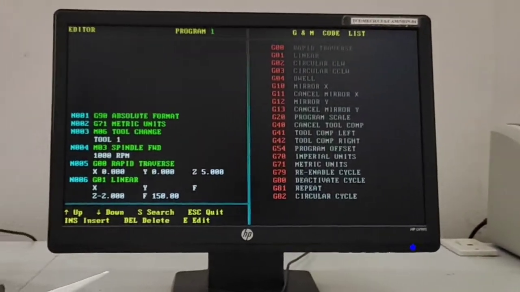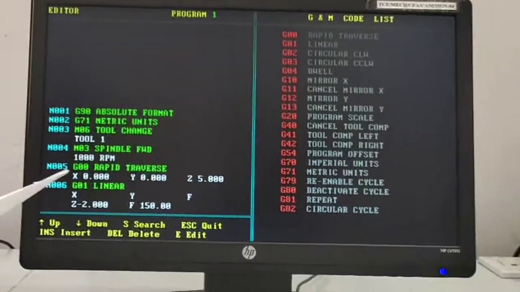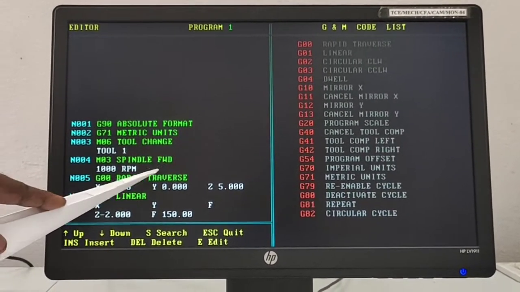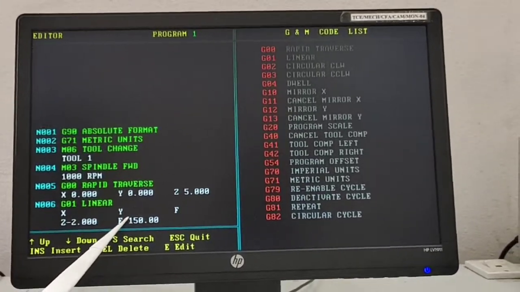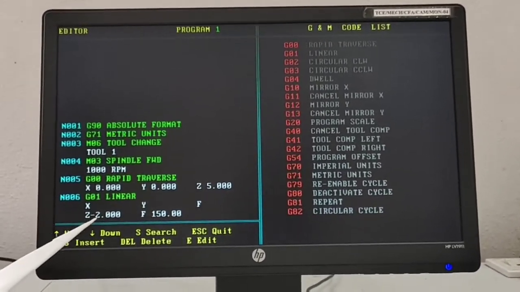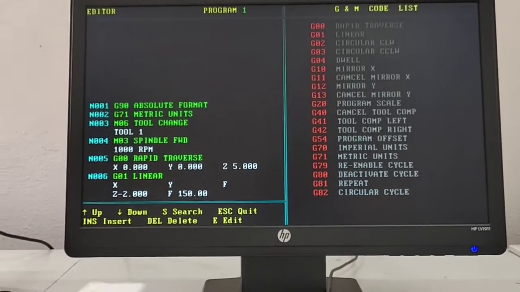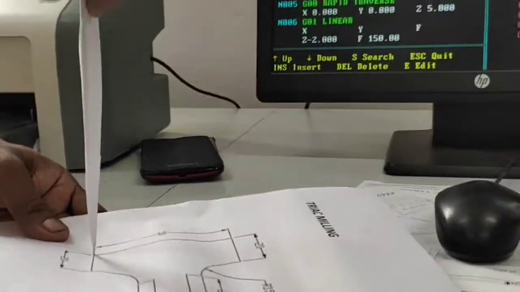The next line is G01. With G01 we have to reduce the speed from rapid to a controlled feed, so you reduce the speed to 150 mm per minute. The Z value is minus 2 mm, which means the tool will press into the top surface to a depth of 2 mm.